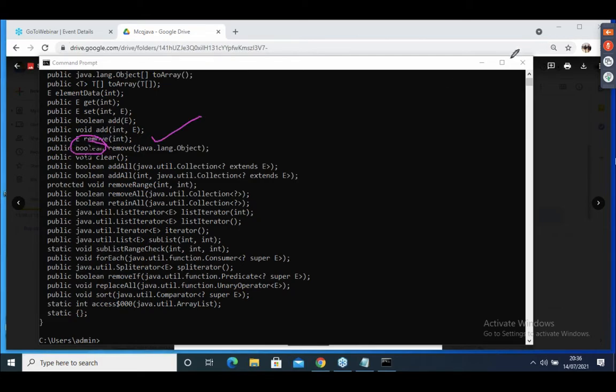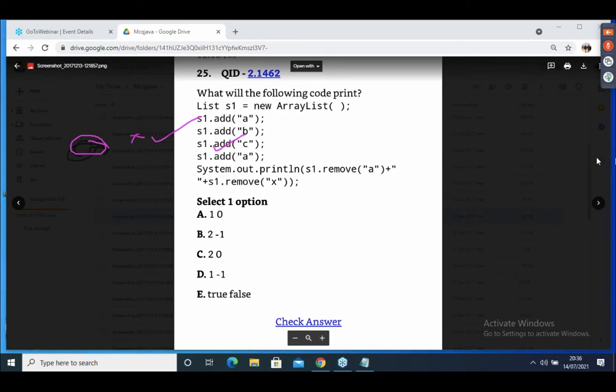Boolean type, and moreover it is upcasted to list type. This method is not there in the list; it came from the array list. Remove returns boolean. It is upcasted, right? So this method is the only one going to be invoked, so it returns either true or false. Option is E.